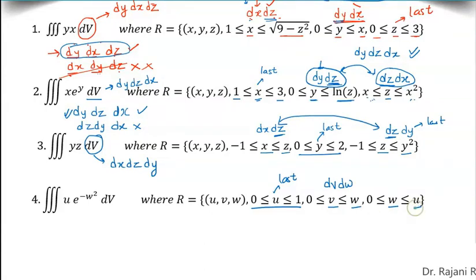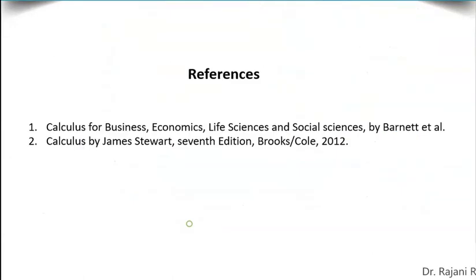W in terms of u. So dw, du. And we want u as the last. So if we merge these two together, see w is appearing here and here. So the order of integration by combined result will be dv, dw, du. I hope now it's